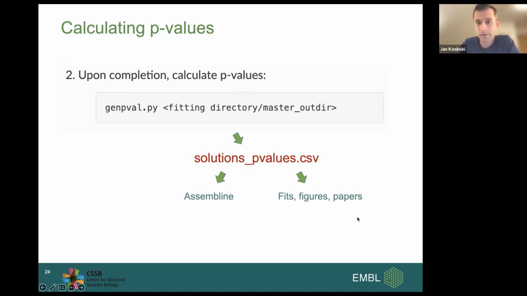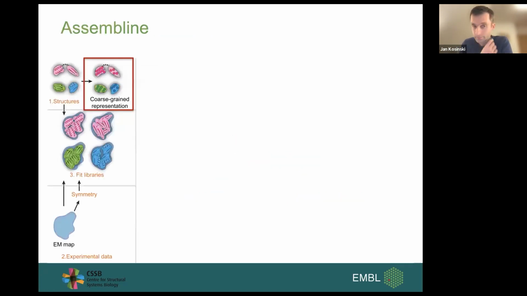And I would recommend this pipeline even if you don't want to run the full integrative modeling, but you're preparing a paper and you have some fits and you claim they are unambiguous. You could run this pipeline as the first step of assembly to obtain these p-values to substantiate your claim. But otherwise, if you don't get all structures fitting unambiguously or in unambiguous places, you can follow the assembling protocol, which would perform optimization, which I describe in a second.